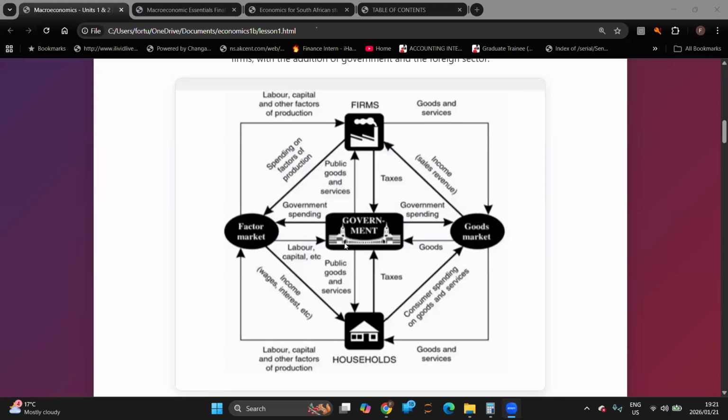economy. So as they're interacting, the government would also need to have some form of revenue. How is it going to be raising the revenue in order for it to produce these goods and services? That is where taxes are introduced. That's why you see taxation there coming from the households going to the government and also coming from the firms going to the government as well. So taxes become the main revenue earner for the government in order for it to redistribute those particular resources within the markets in